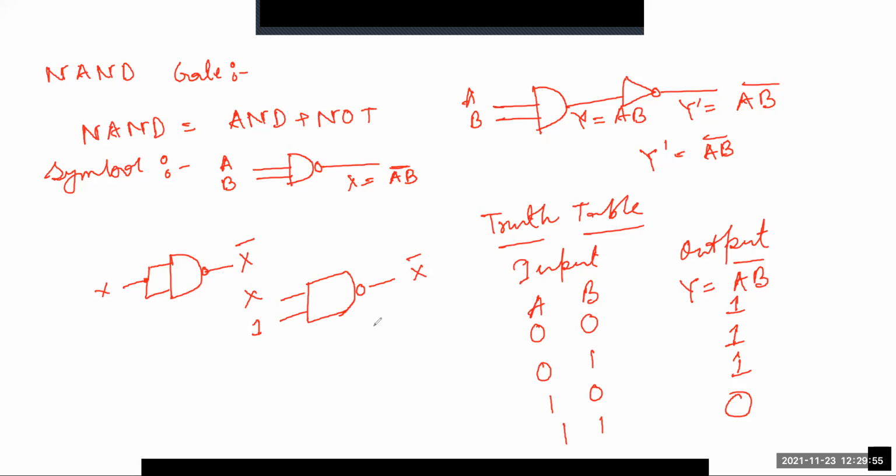There is another form. Here you can see connecting all its input terminals except one to logic 1, and applying the signal to be inverted to the remaining terminal. So in this way, the first one is the NAND gate as an inverter, and the second one you can say the NAND gate as a controlled inverter. Okay, so in this way we can use the NAND gate as an inverter.